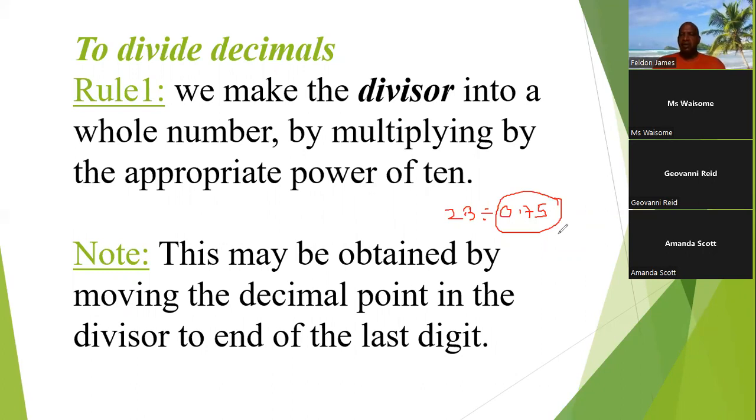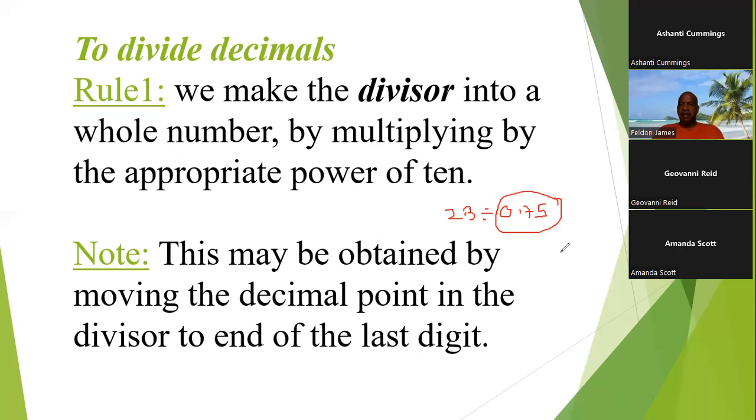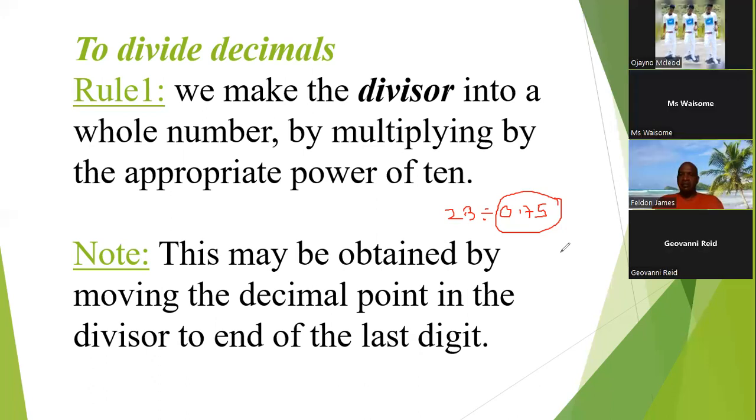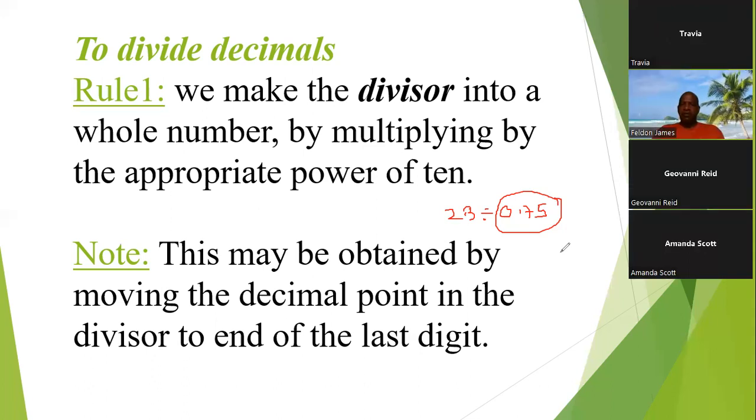What power of 10 would we multiply this by to get it into a whole number? 100. Everybody is in agreement with 100. Now, if we multiply the divisor by 100,